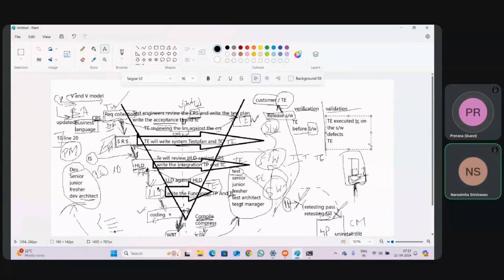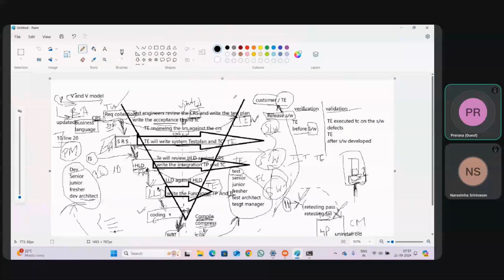And this is done after the software is developed. Got it? So with the combination of verification and validation, I will not miss even one single defect. That much quality software I will release. Sir, one defect means you are giving 100%?